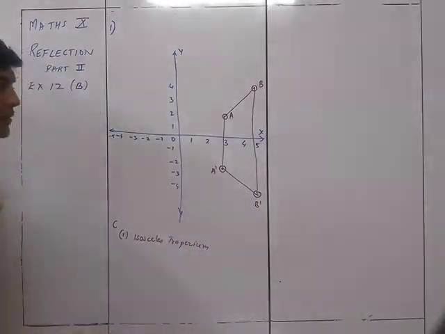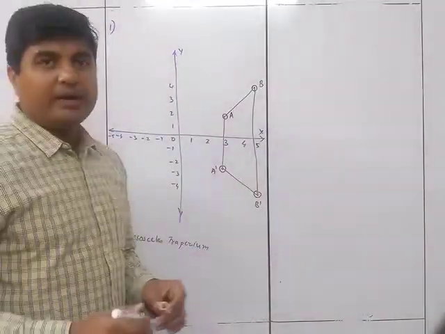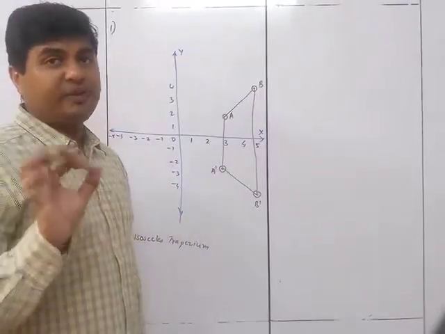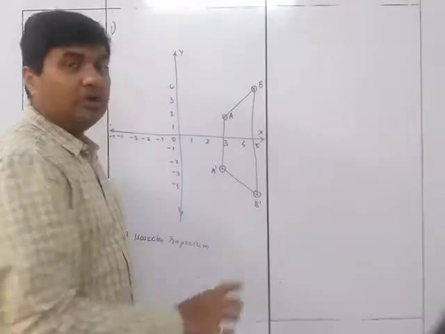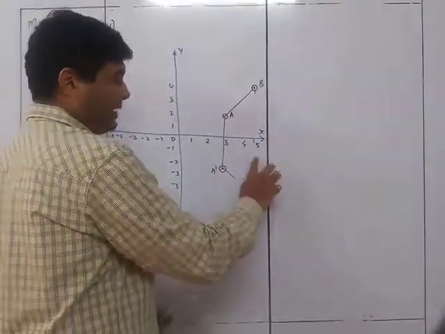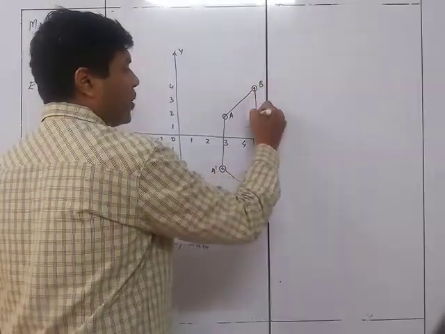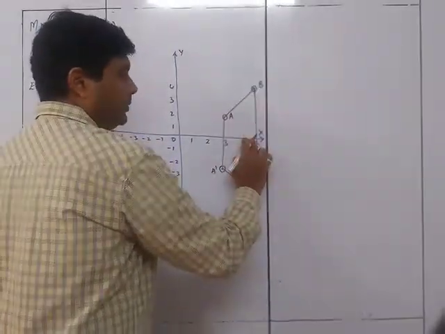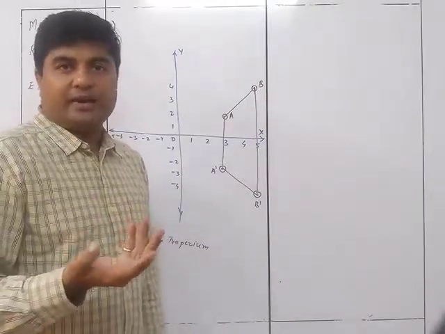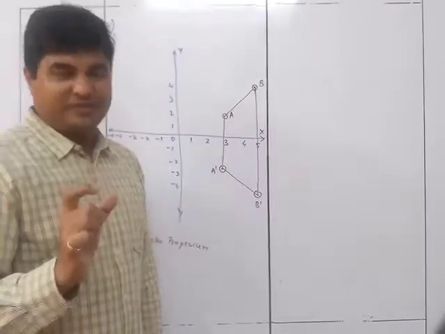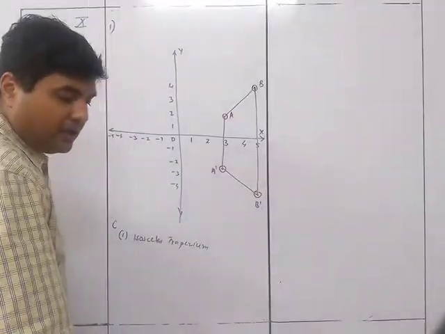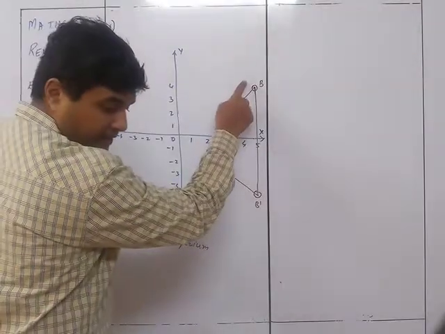Now always remember, writing just trapezium may not fetch you full marks because it was specifically an isosceles trapezium. So you need to give a specific name. You cannot just give a random name. Like I cannot give the name over here as a quadrilateral. Trapezium might still be accepted, but writing a quadrilateral, a four-sided figure, does it make any difference? No, it is not. You have to be very specific about the geometrical name.